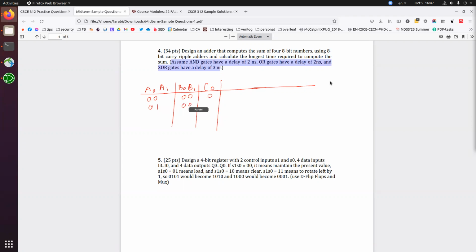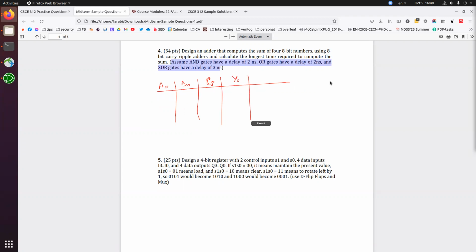So let's do maybe 1 bit, that way it would be easier. A0, B0, and then we have our output and carry out. So Ci, and then we have the output Y0, and then C0. 0 0 0, and then we will have